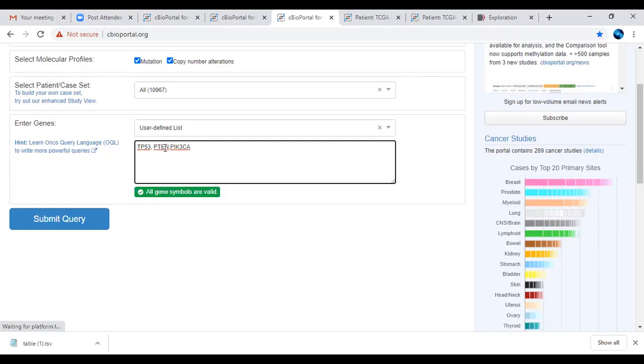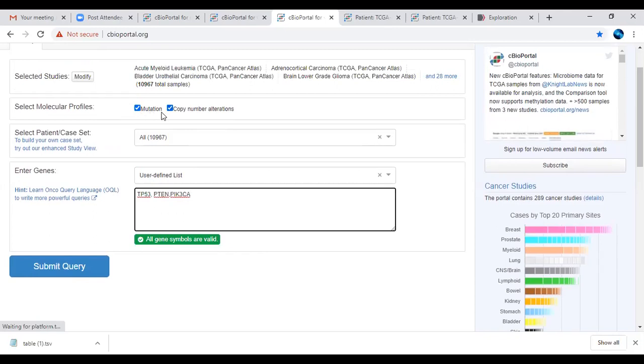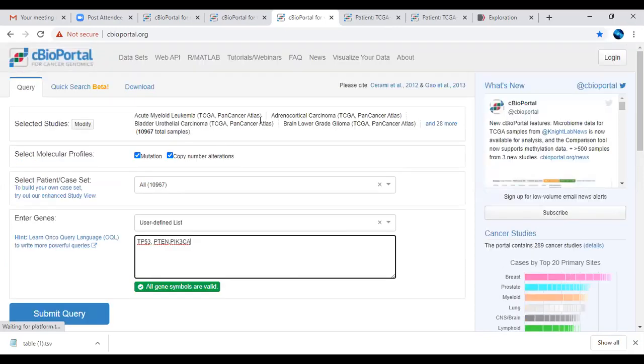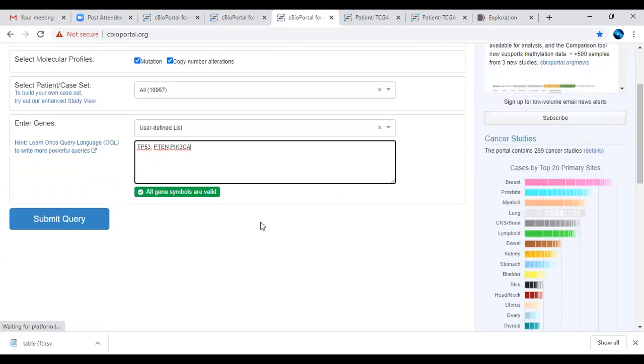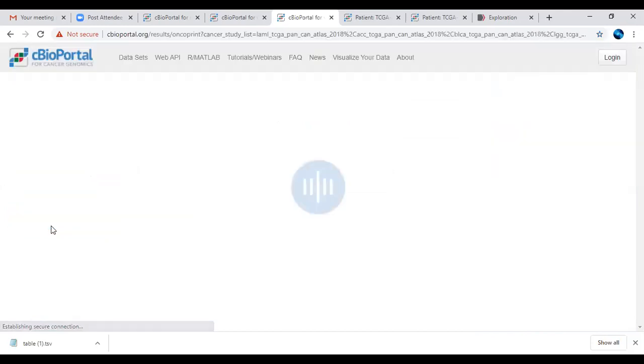The genes will be validated and it will show that the gene is valid. We are going to see these 3 gene alterations with respect to mutation value and copy number alteration data across 32 different types of cancer, and how the data has been stored. So I will just click on the submit query option.